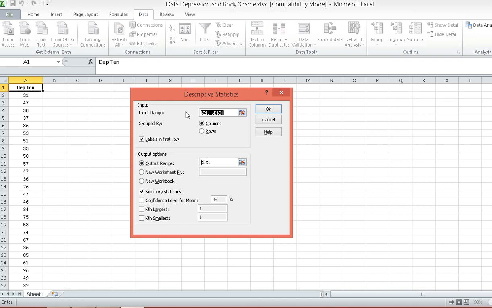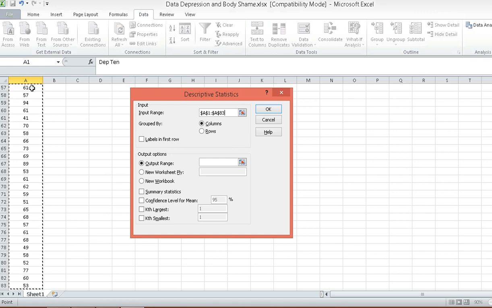Let's just erase this. I used this a while ago, so let's erase that first. So let's enter our input range. Basically, that's where your data is located.